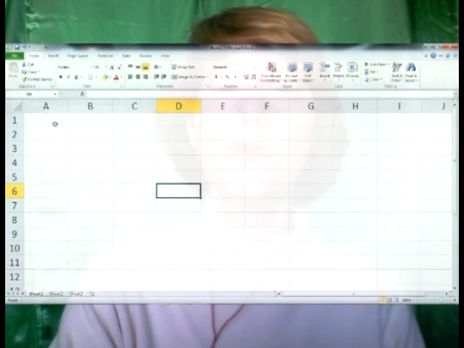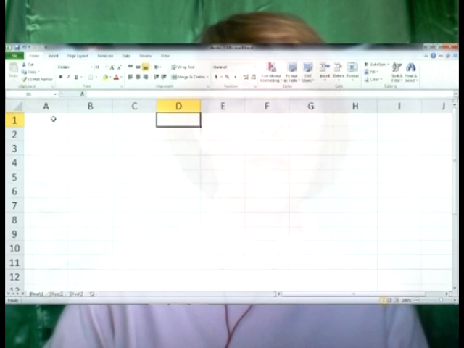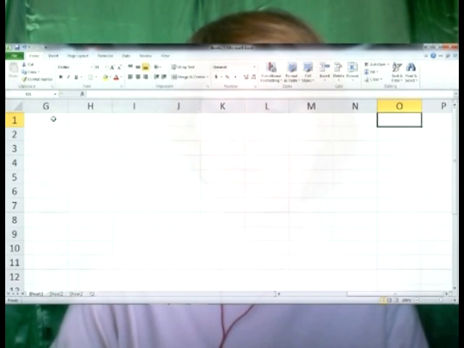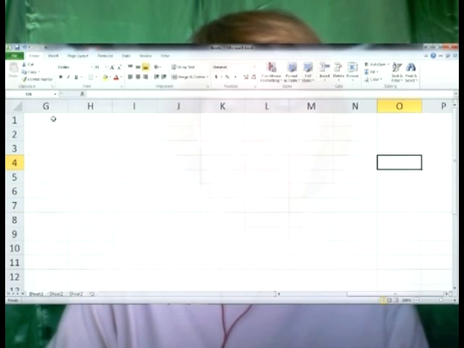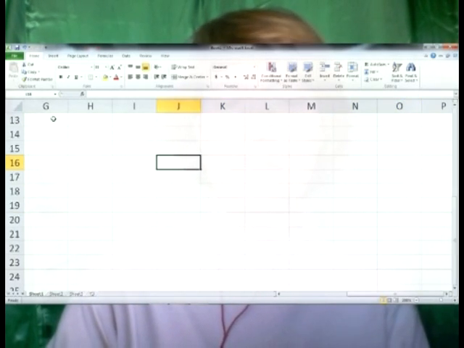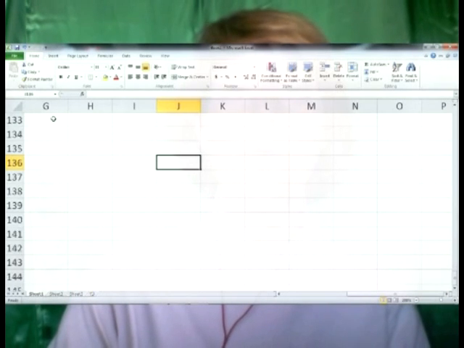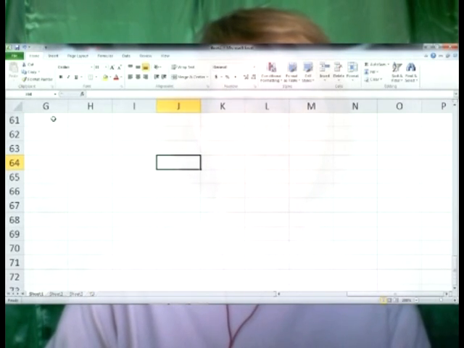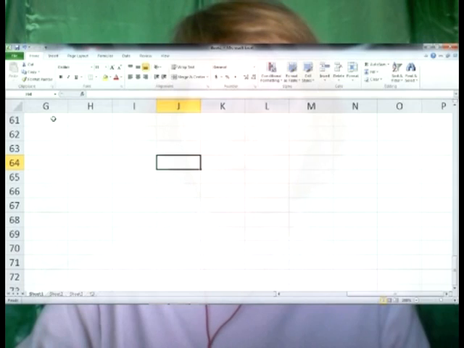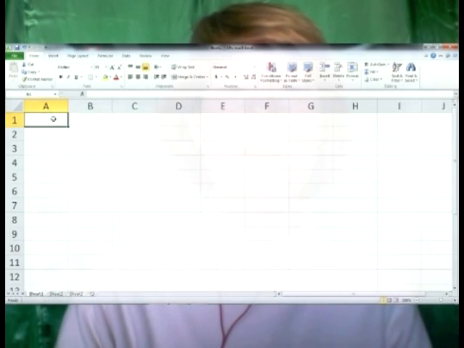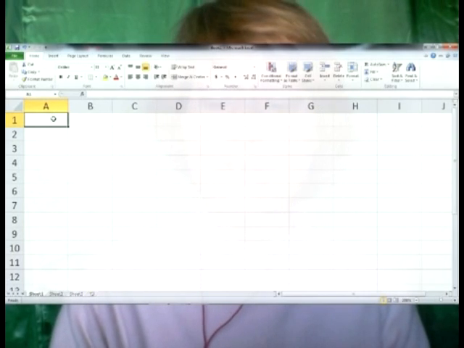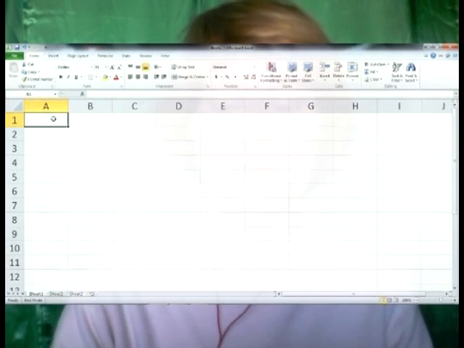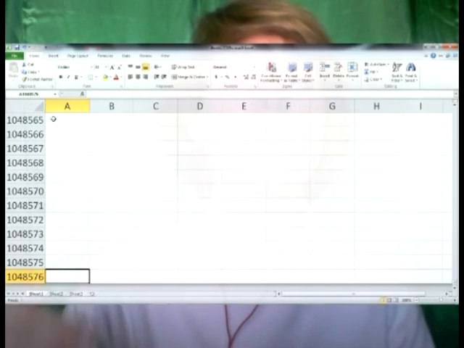So we can move around the spreadsheet by going over to the right with our arrow keys, or our down arrow key and up arrow key. We can also hit the page down key or the page up key. We can also hit Control Home to get to the A1 cell very quickly. No matter where we are, we can hit Control Home. Additionally, we can hit the end and the down arrow key, and that will take us to the very bottom,